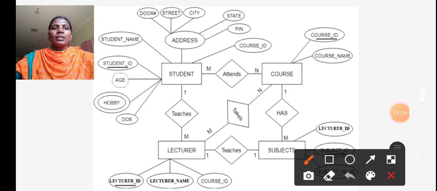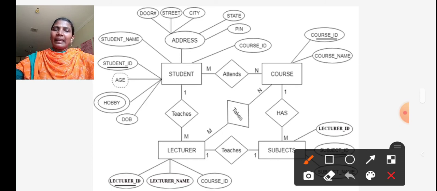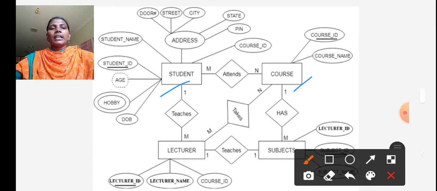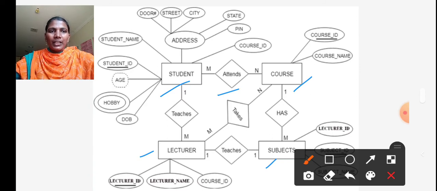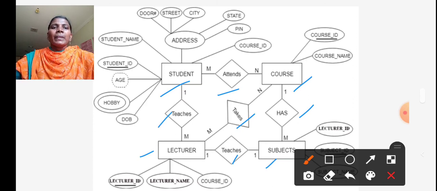So this is the entire structure of the entities, the attributes connected to the entities, and the entities participated in the relationships. Here student is one entity, course is another entity, subjects is another entity, lecturer is another entity, and attends, has, teaches, takes, and teaches are the relations.